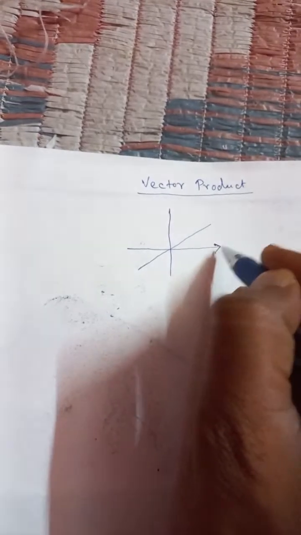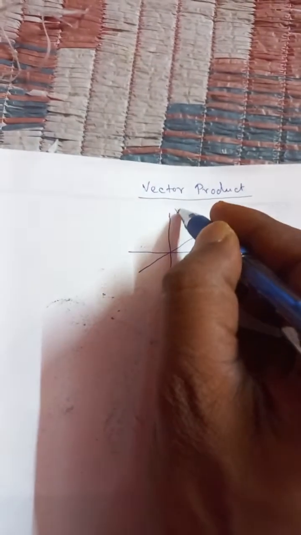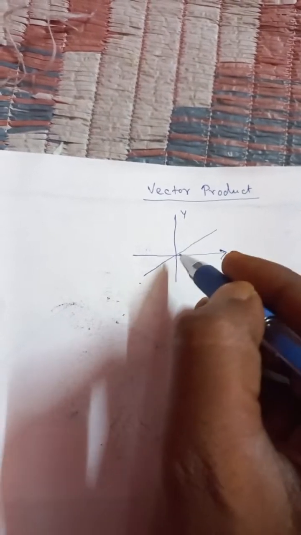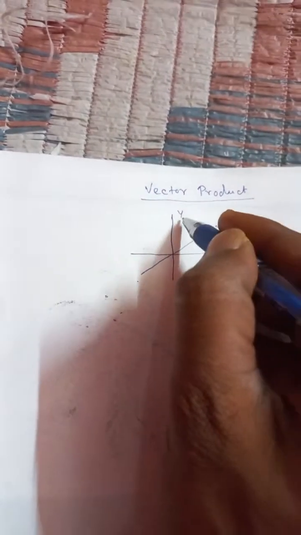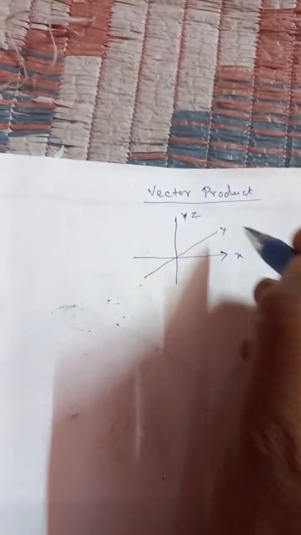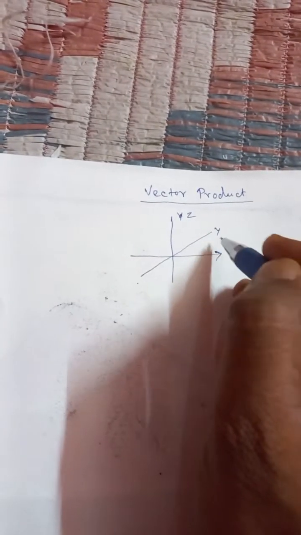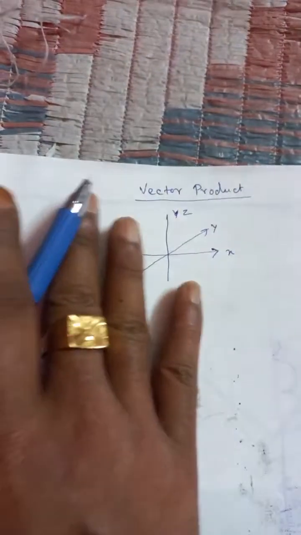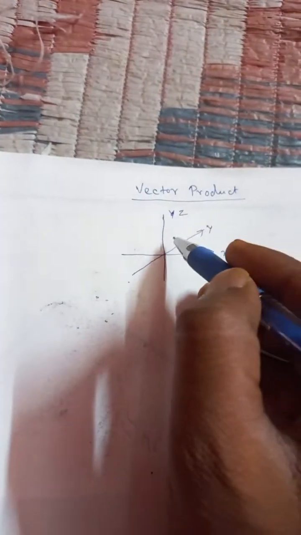So this is the x-axis, this is the y-axis and this is the z-axis. We will take the xy axes lying in this plane also, and the z-axis